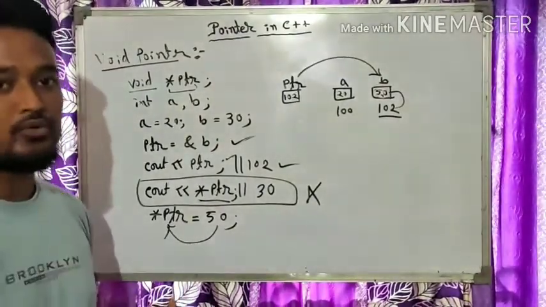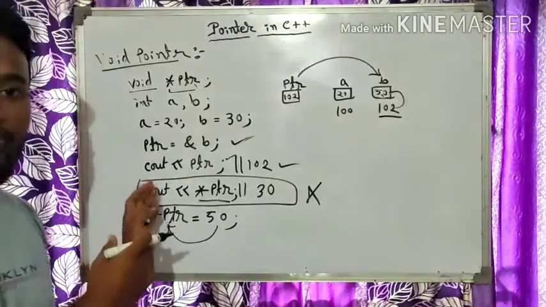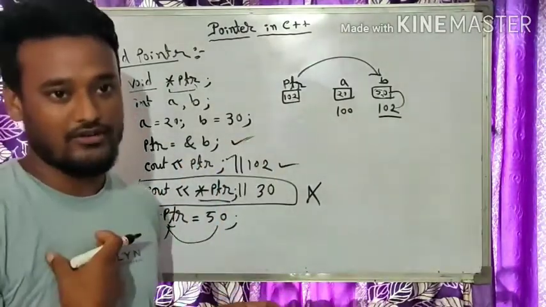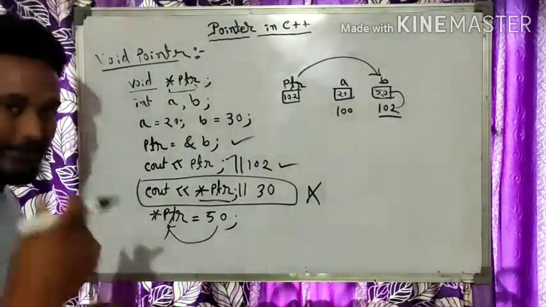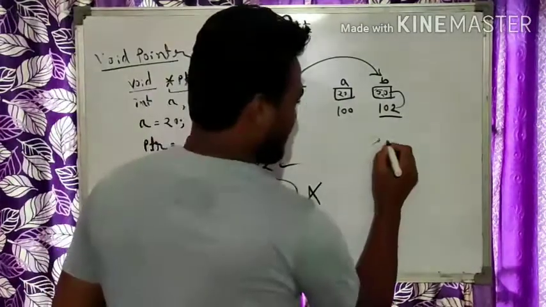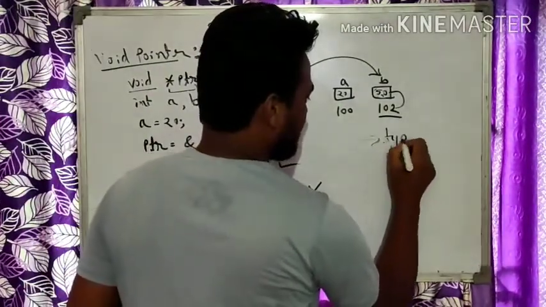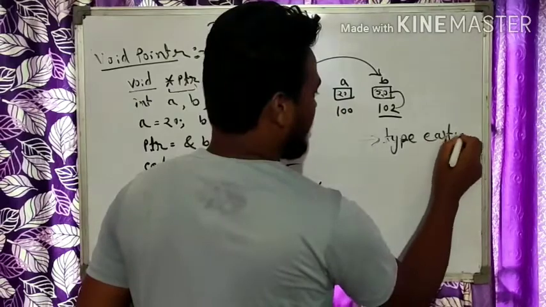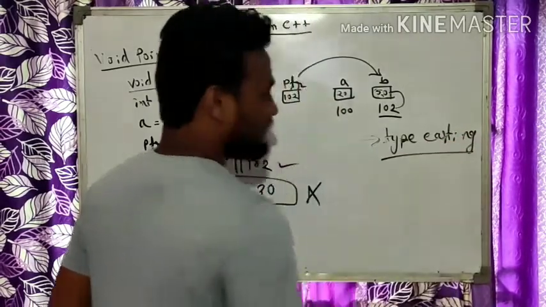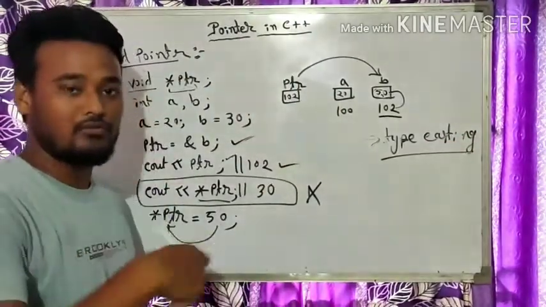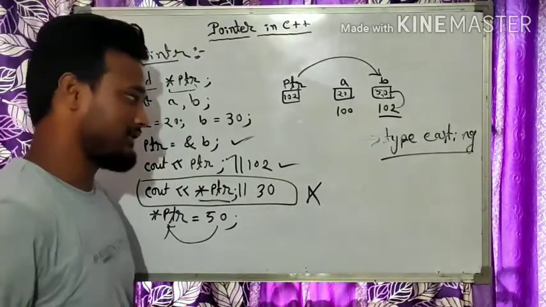That means we have to change the type of a variable to another type from our side. In that case, that situation is known as typecasting. What is typecasting? Changing the data type from one data type to another data type.